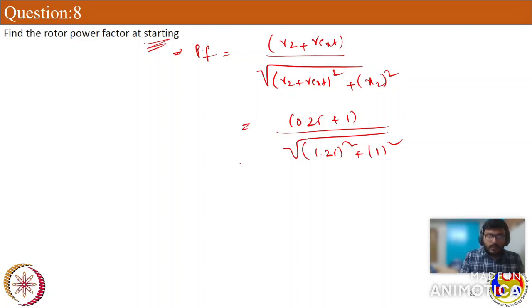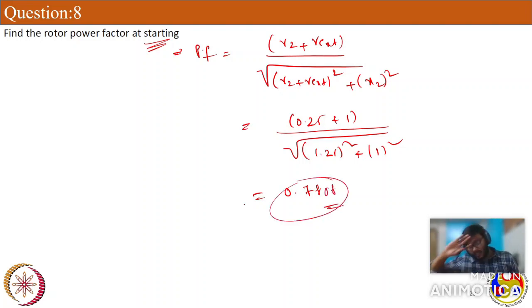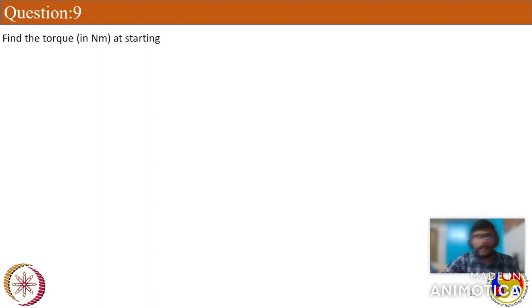So now the starting power factor we got is somewhat better when compared to the starting power factor in the previous case. It's 0.78 now. Previously it was how much? It was 0.242, a very poor power factor. It's a somewhat better power factor now because of the additional resistance included in the rotor circuit. Now let's calculate the torque